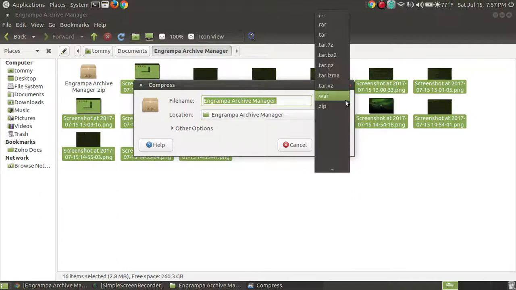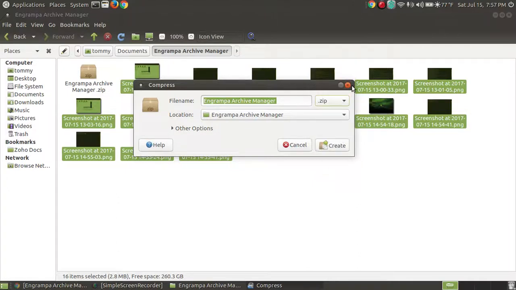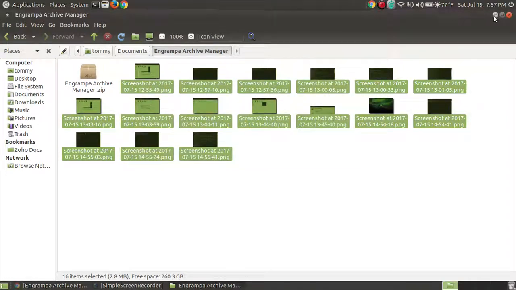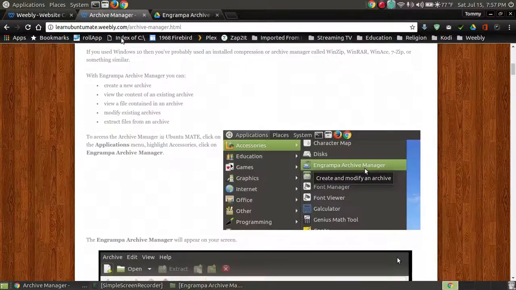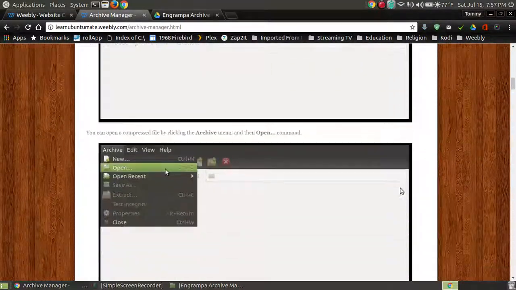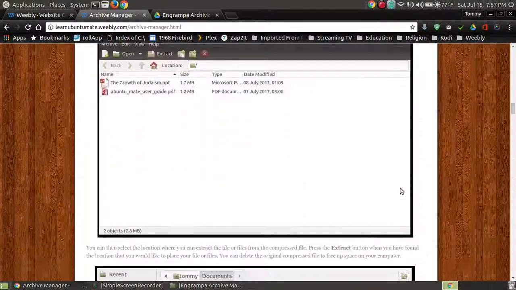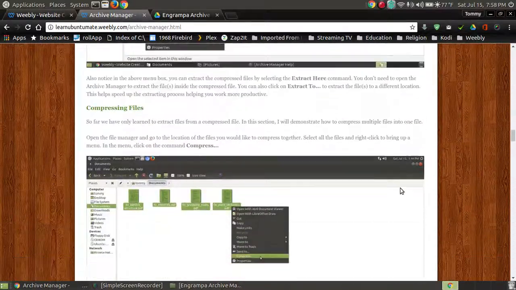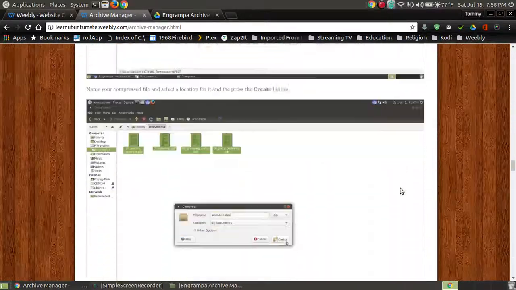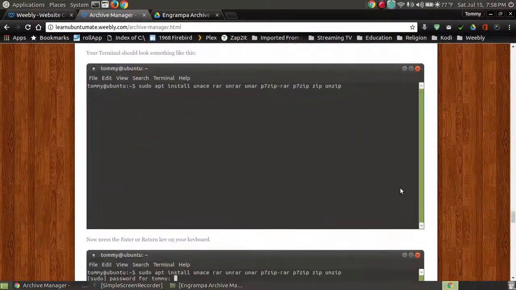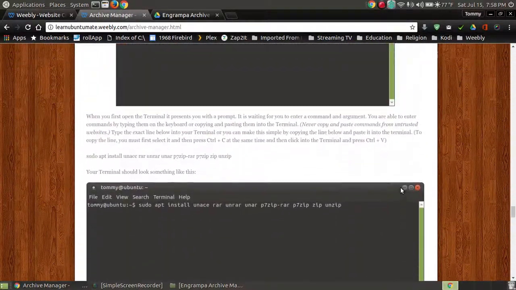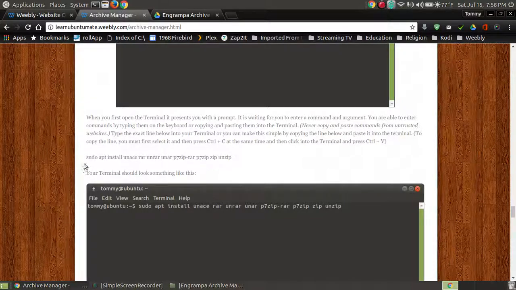As you could see earlier in the video, I do have the option of the RAR. Now, the reason I did leave up my website, and I'll close this out for a moment, is because on my website, if you scroll down, I have the way that you can add the add-ons to the Archive Manager to give you that feature. Now, since I've already got it, here it is, you scroll down, you're going to add this